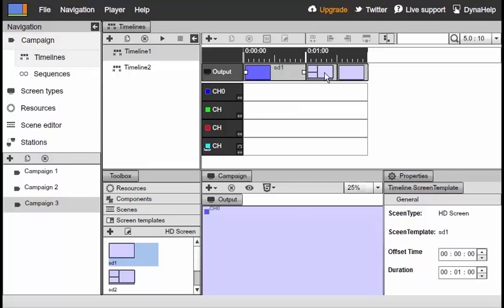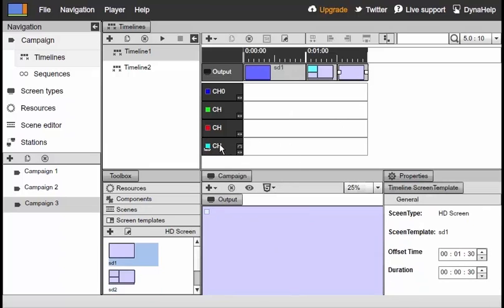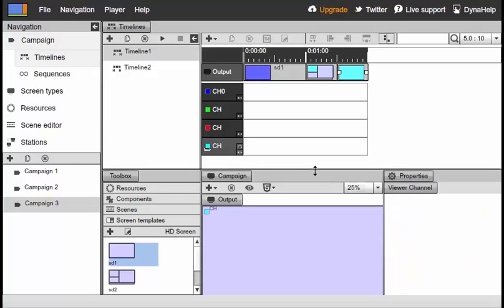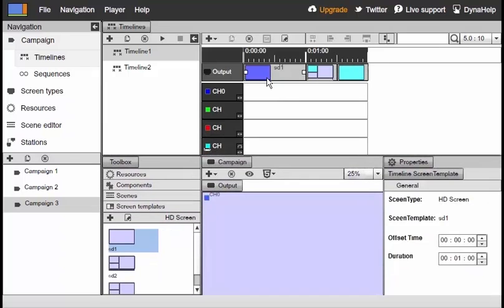Then I'll switch to this screen division. I'll go ahead and assign my common channel to this configuration. And then I'll switch again to full screen, but this time again use my common channel. So what's going to happen is I'm going to start with whatever content is going to be on my blue channel, then switch into this configuration with my common channel, and then switch into this configuration again